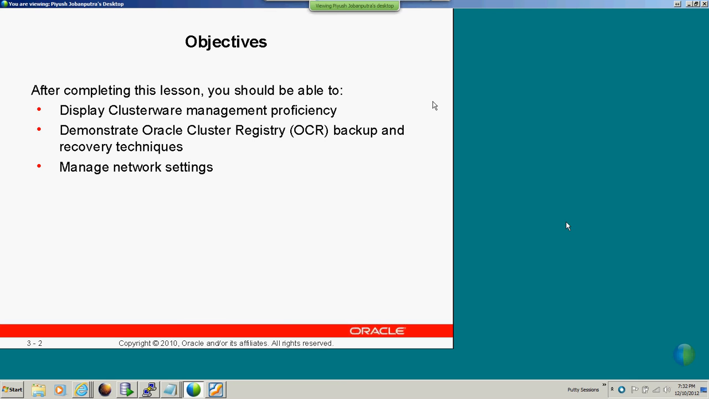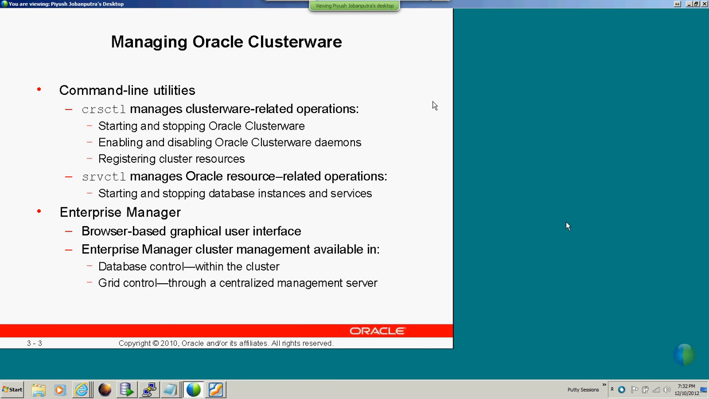Clusterware management proficiency. Demonstrate how you can back up OCR and recovery strategy. Manage network settings. These are the objectives of this. Okay, before that,